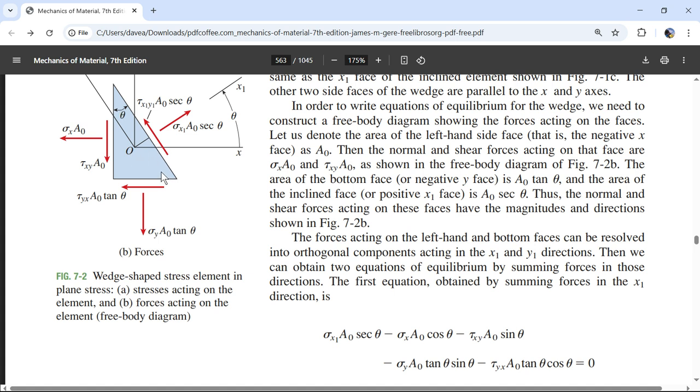If this is 90 minus theta, yeah, that's one to throw in your playbook. Then I don't have to do a whole lot. I know this angle's phi, and it's going to be the sine of phi, which is the cosine theta. So this component is going to be in the negative direction, negative tau yx a naught tangent theta